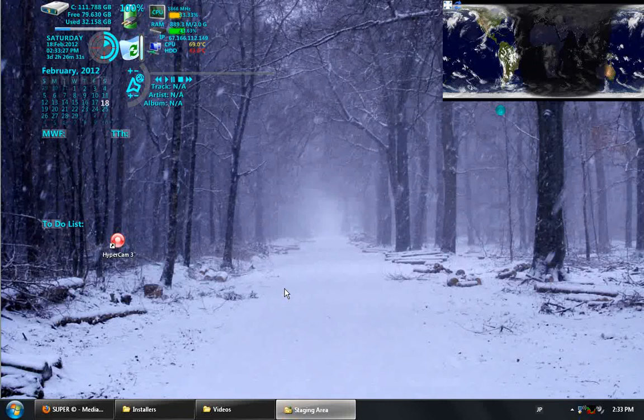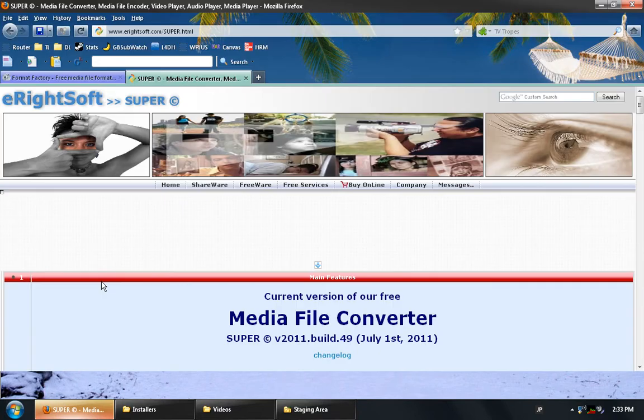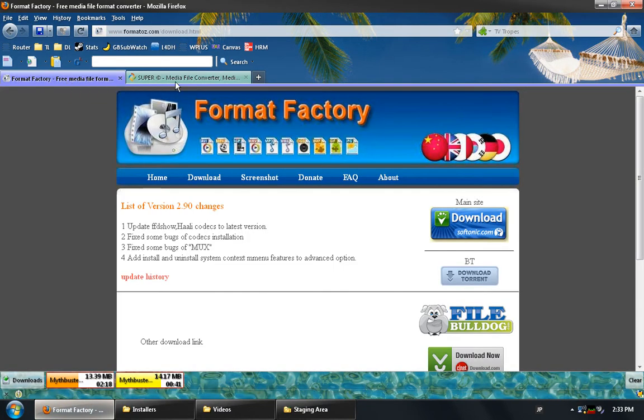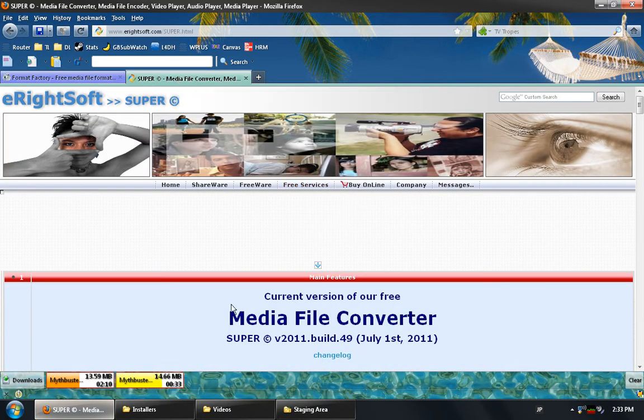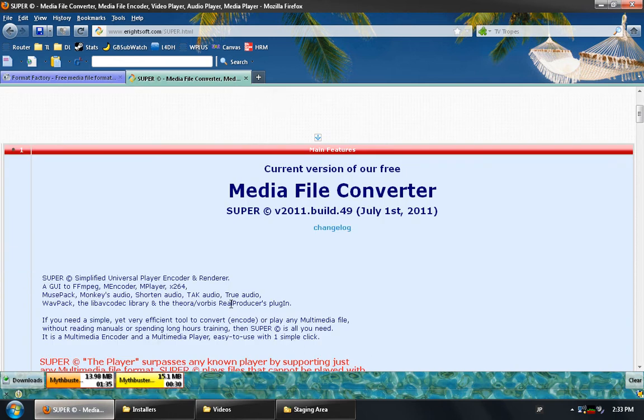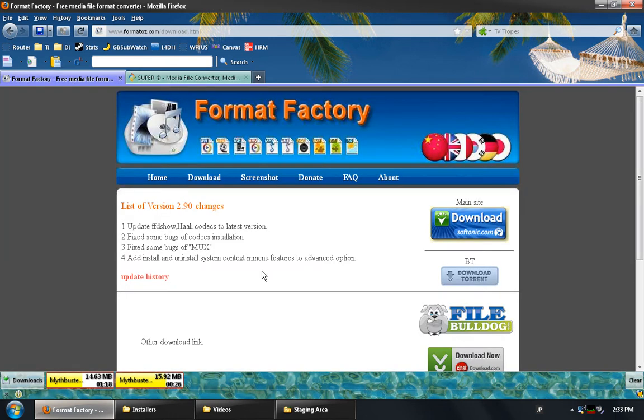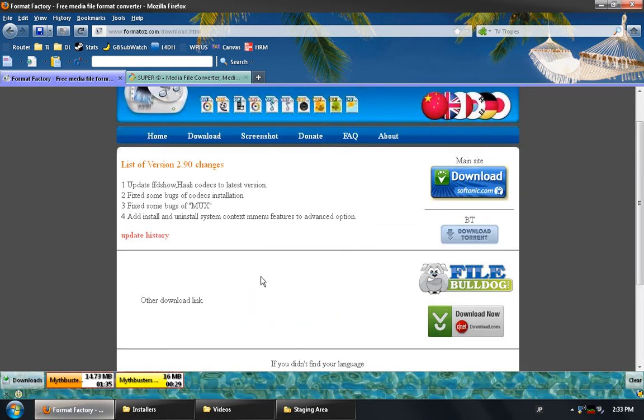To begin with the conversion of a file, I want to point out two different programs. One is Format Factory, the other is Super, which is actually an acronym for Simplified Universal Player Encoder and Renderer. First, to look at Format Factory, you can see its URL up here. If you were to type in Format Factory into a Google toolbar, it would be able to direct you here